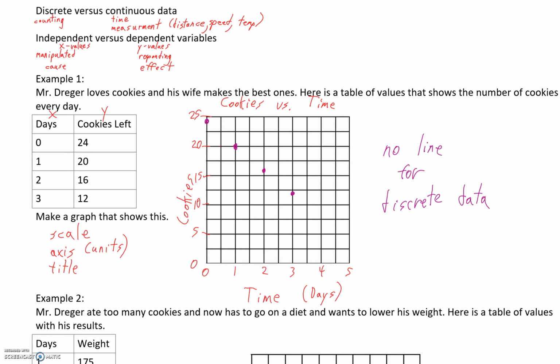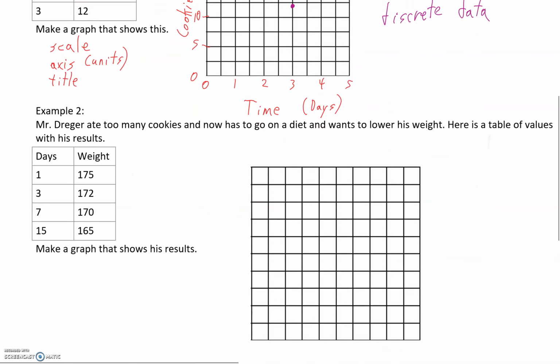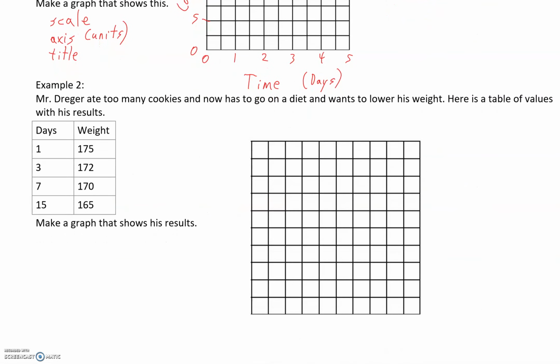All right. So let's continue on. One more example. And I highly recommend you pause the video now, try it out for yourself, and see how you do compared to mine. Mr. Drager ate too many cookies and now has gone on a diet and wants to lower his weight. Here's a table of values with his results. Okay, so I have